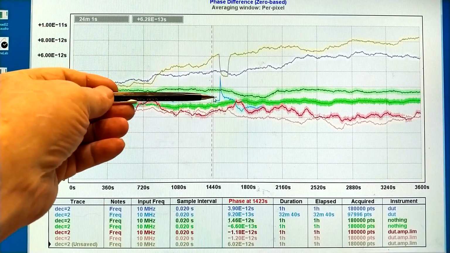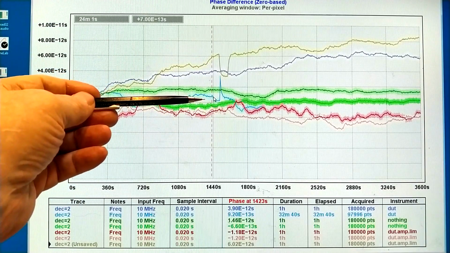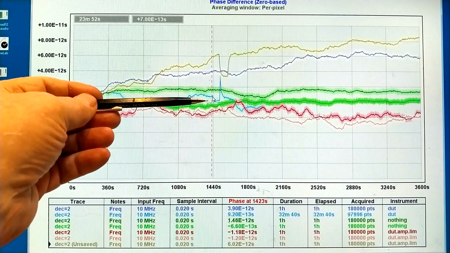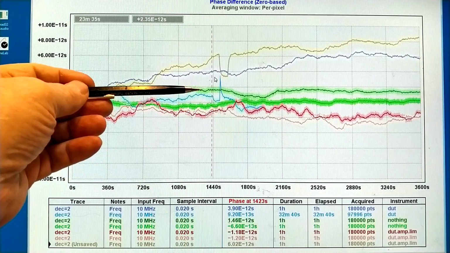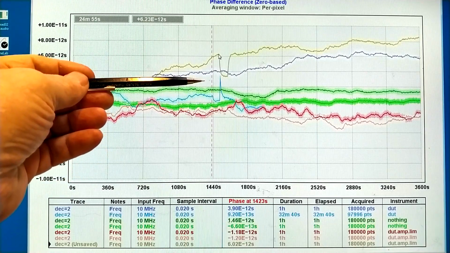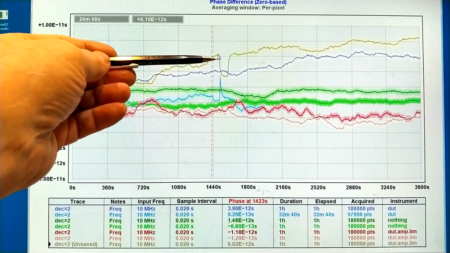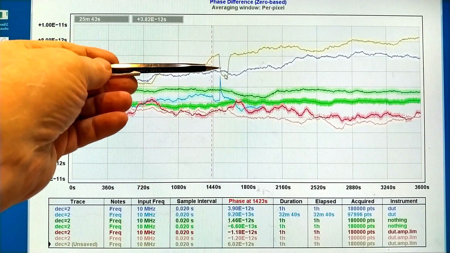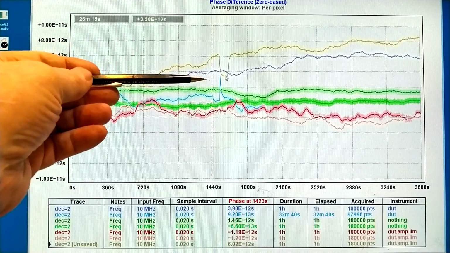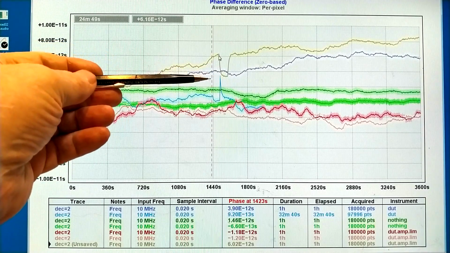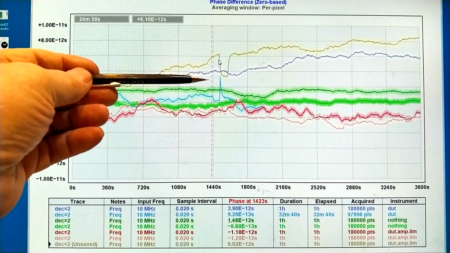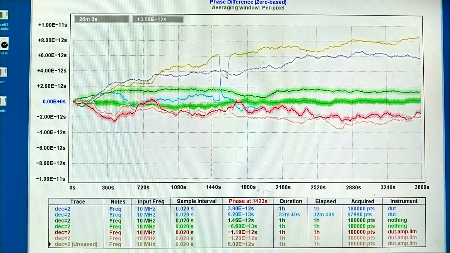At this time, I changed the power supply by 0.01 volt. And then I did the same 0.01 volt, but with two amplifiers, the full configuration. And you can see that the phase shift due to the second amplifier stage is much larger. And I can evaluate it. Here it is